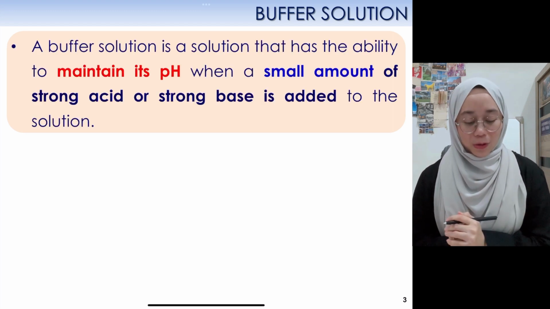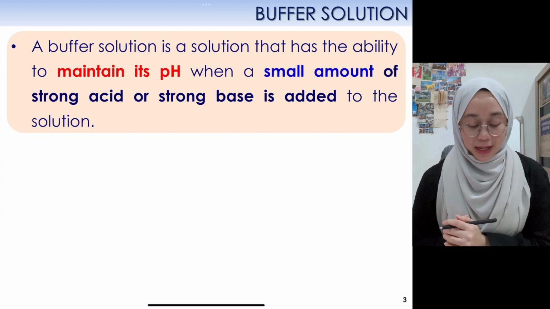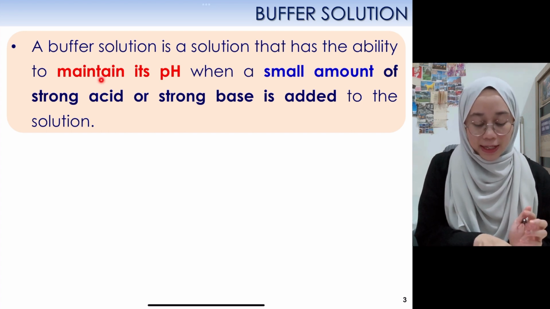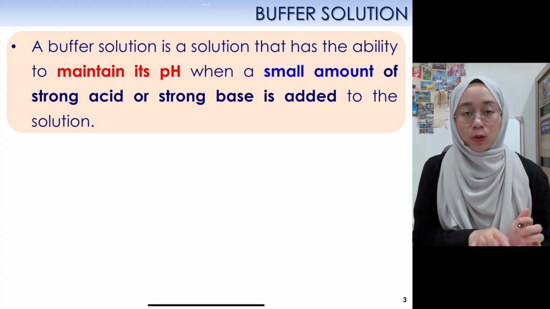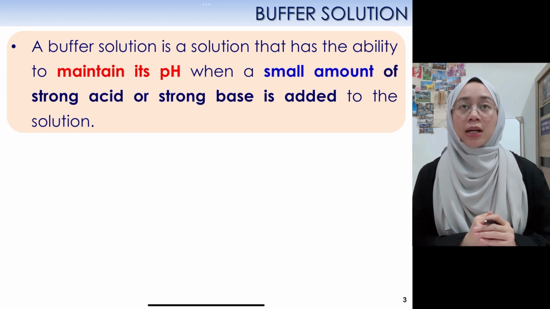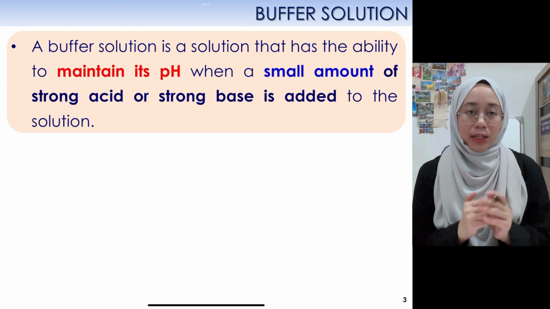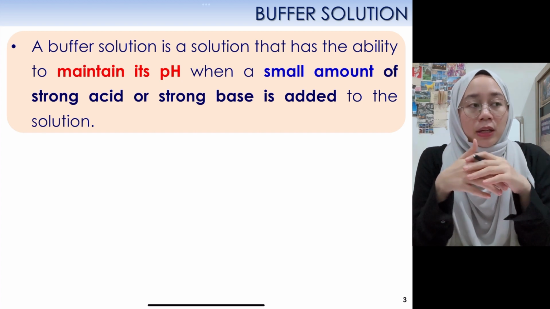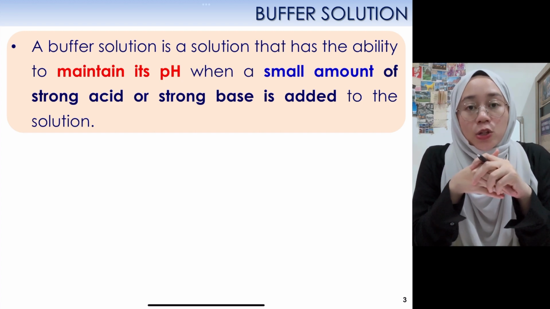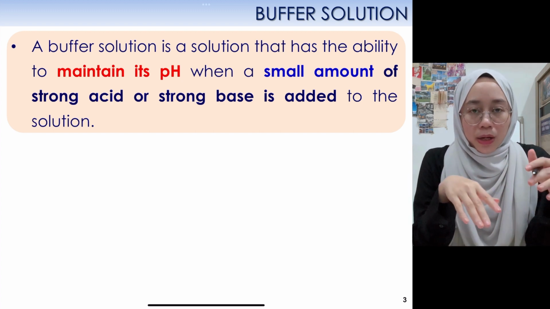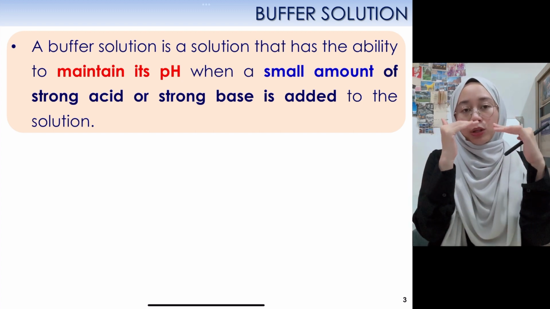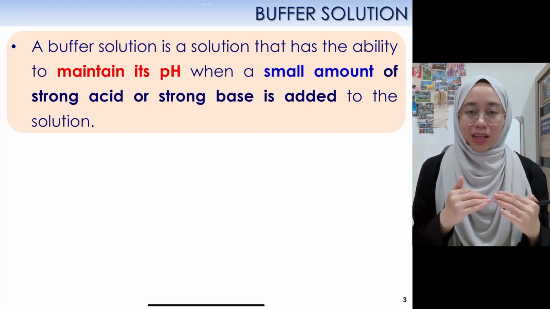Okay, so a buffer solution is a solution that has the ability to maintain its pH when a small amount of strong acid or strong base is added to the solution. Okay, maksudnya let's say the buffer solution dia punya pH adalah 6. So kalau kita masukkan strong acid kan has a very low pH kan. So sepatutnya bila kita masukkan strong acid, of course the pH sepatutnya drop terus, maybe dia jadi 3, jadi 2